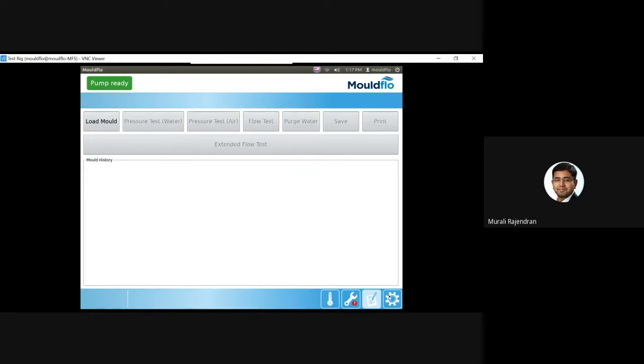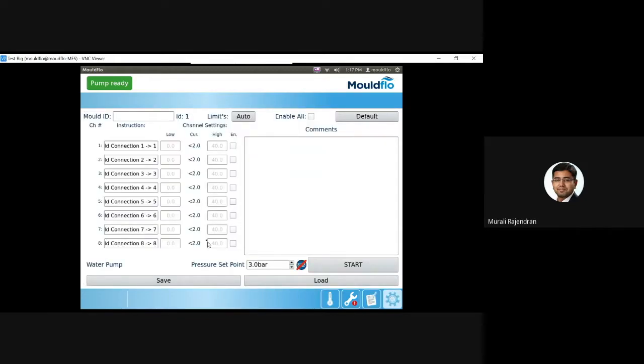And then further down, you see a gear icon. And if you click on the gear icon, this is the main screen, the starting point wherein you create a mold. And this is the starting point for the software. And this is the first step in the workflow that we recommend: to create a mold